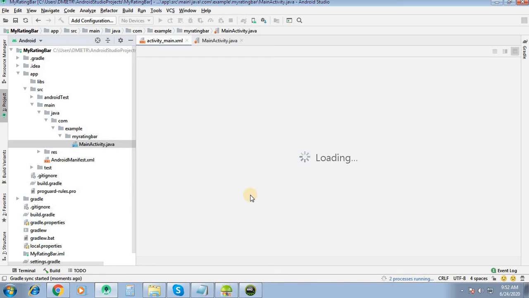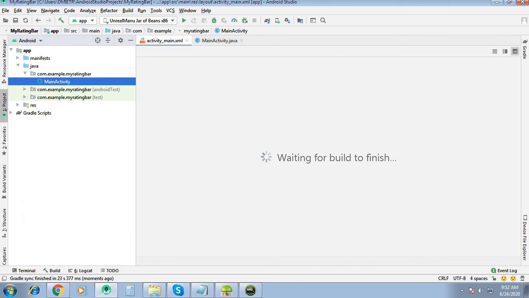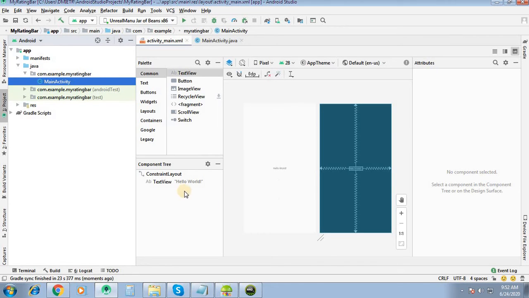Our project is loading now. So it has been loaded.